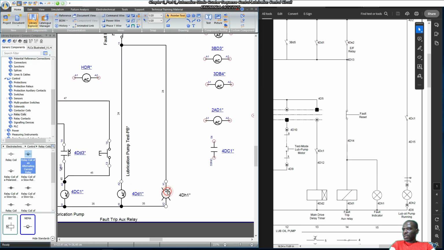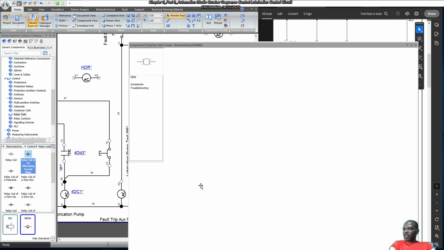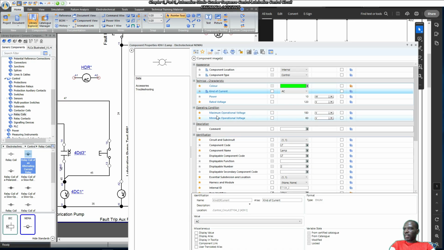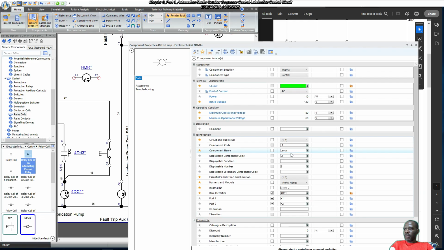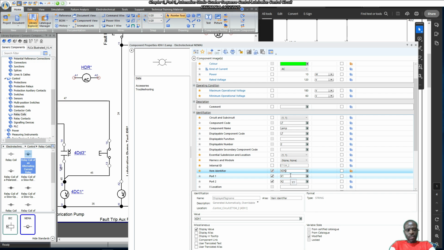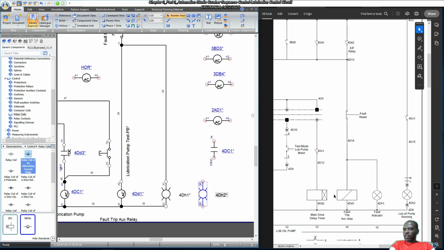Okay, so we can just as well copy this, change the designation or the color to green to indicate that it's running, and then the item identifier is 4DH2. Okay, this is going to be 4DH2. So this is our 4DH2, and the comment is